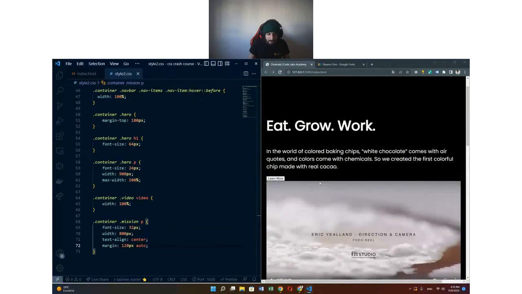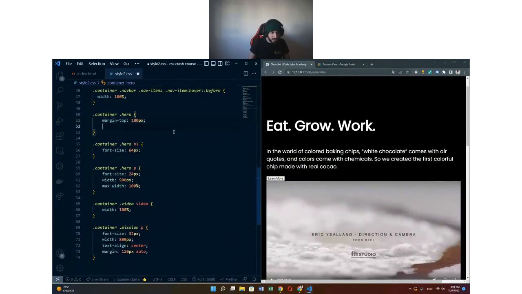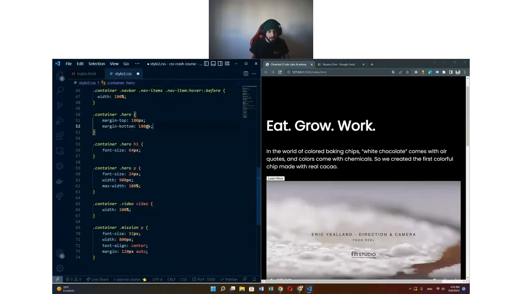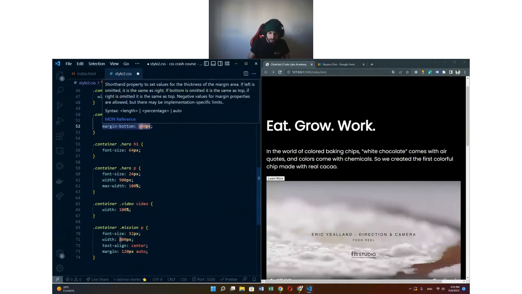So the next thing, maybe we should change the hero section. So let's add a spacing here to the hero section. Let's go to the hero. I only have a margin top, and let's do a margin bottom. Right now I'm doing margin bottom, and let's do it, I don't know,